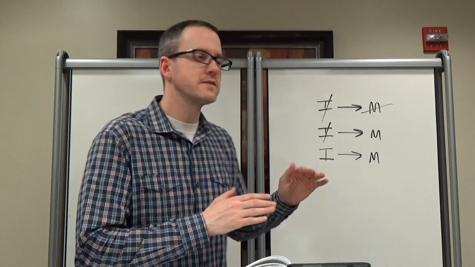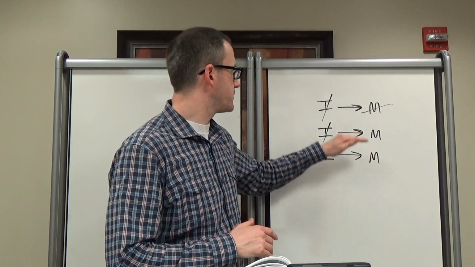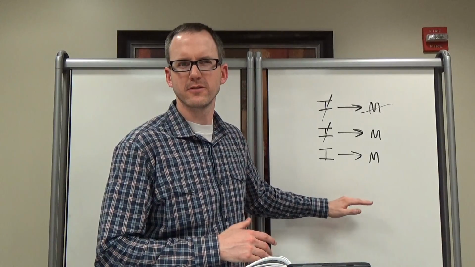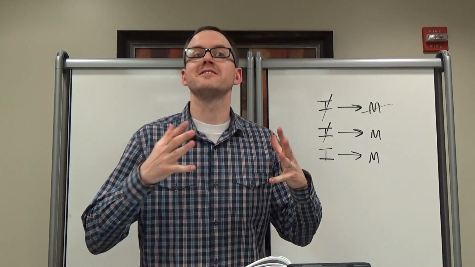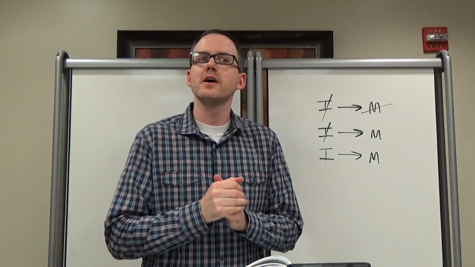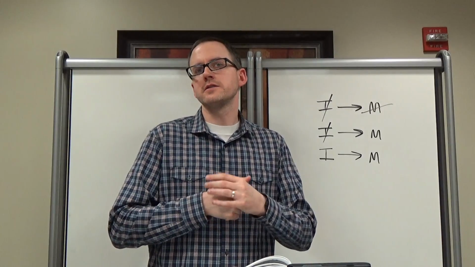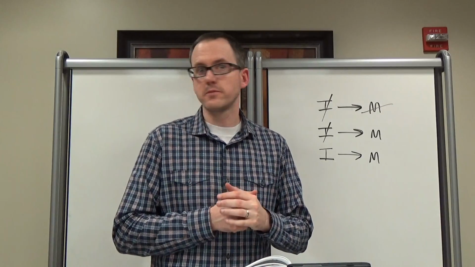But false contrapositives are not something that contradict the other if-then statement, right? This is something that could be true, even if this is true. It's just something that doesn't have to be true. Does that make sense? And we're looking for something that cannot be true. So that's why it doesn't violate, because it could be true, and we're looking for something that absolutely cannot be true. A false contrapositive is something that could be true, but not something that must be true.